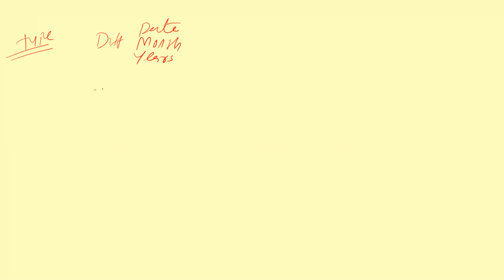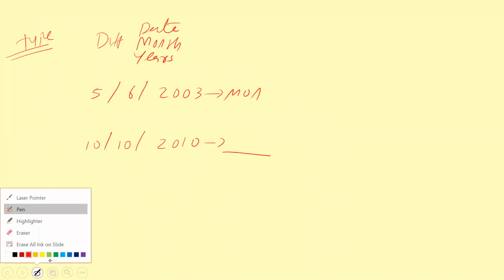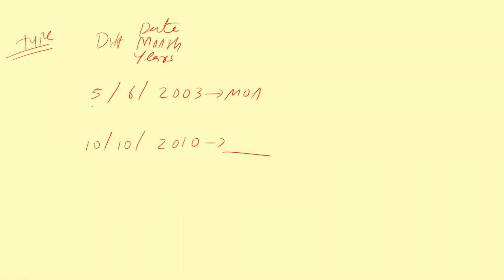Now the question, for example, 5, 6, 2003 is Monday. Then what is 10, 10, 2010? Okay. So everything is different. Different dates are given, different months are given, and different years are given. So what we want to do means first we need to find the same date, the same month for the future years. We know how to do it. For example, we know how to find 5th June of the given year is for 2010. So I'm going to find same date, same month for the future years by using type number 1.